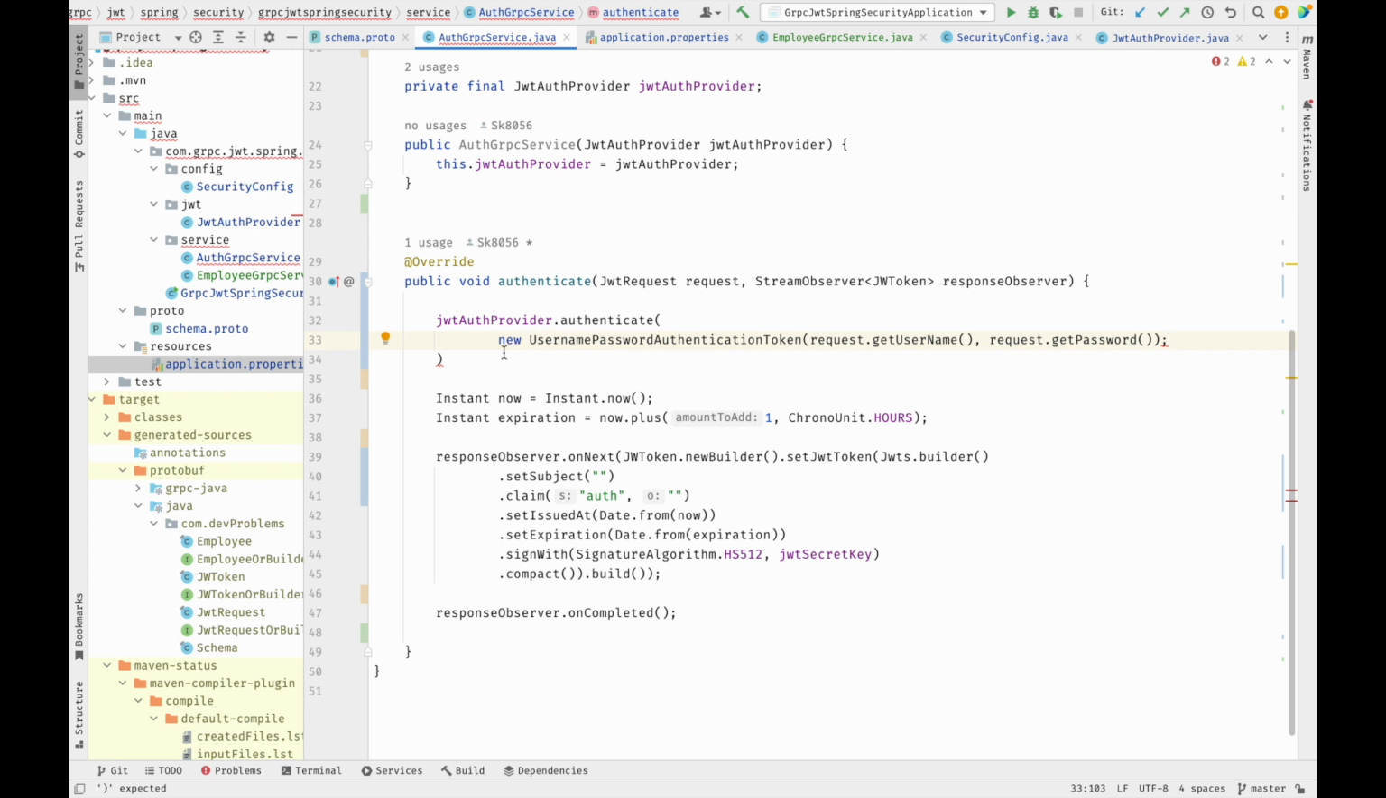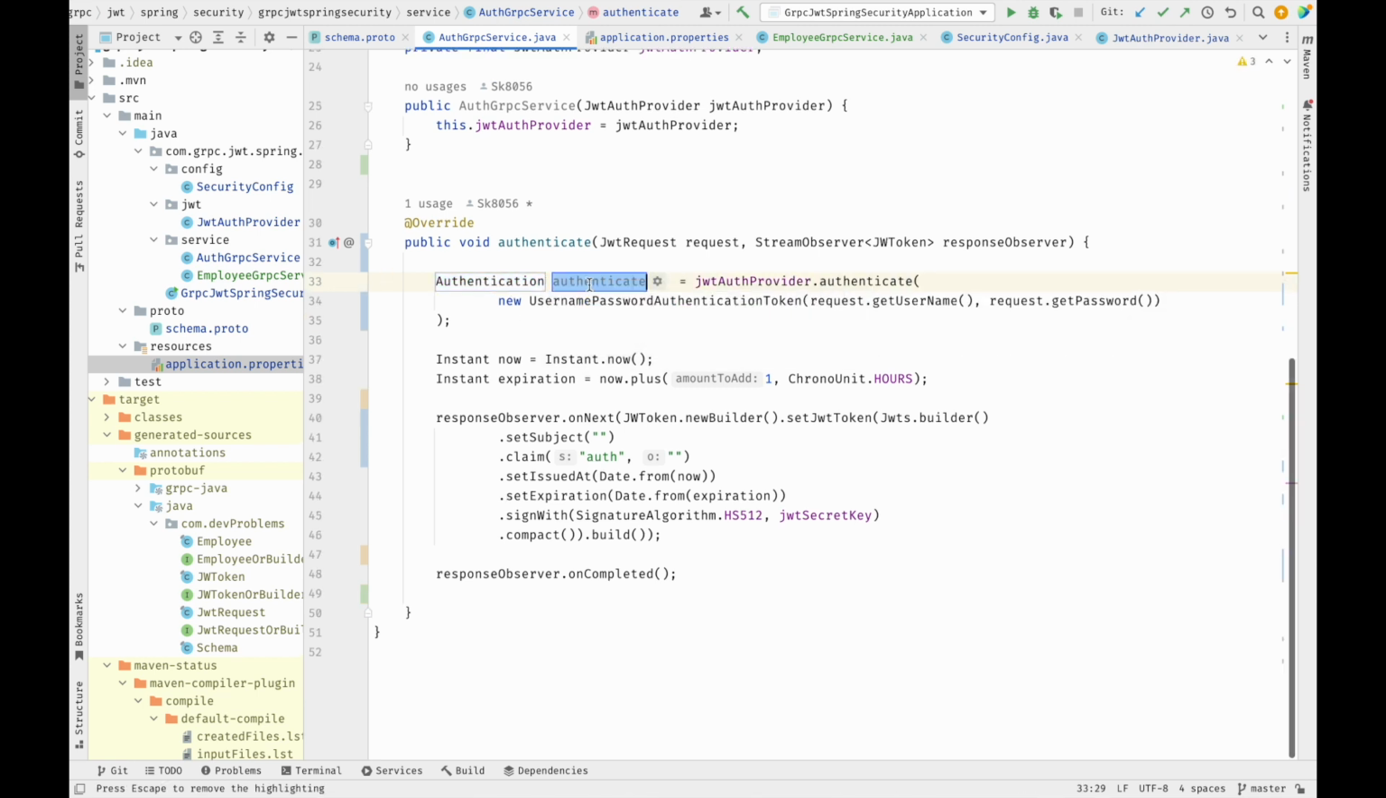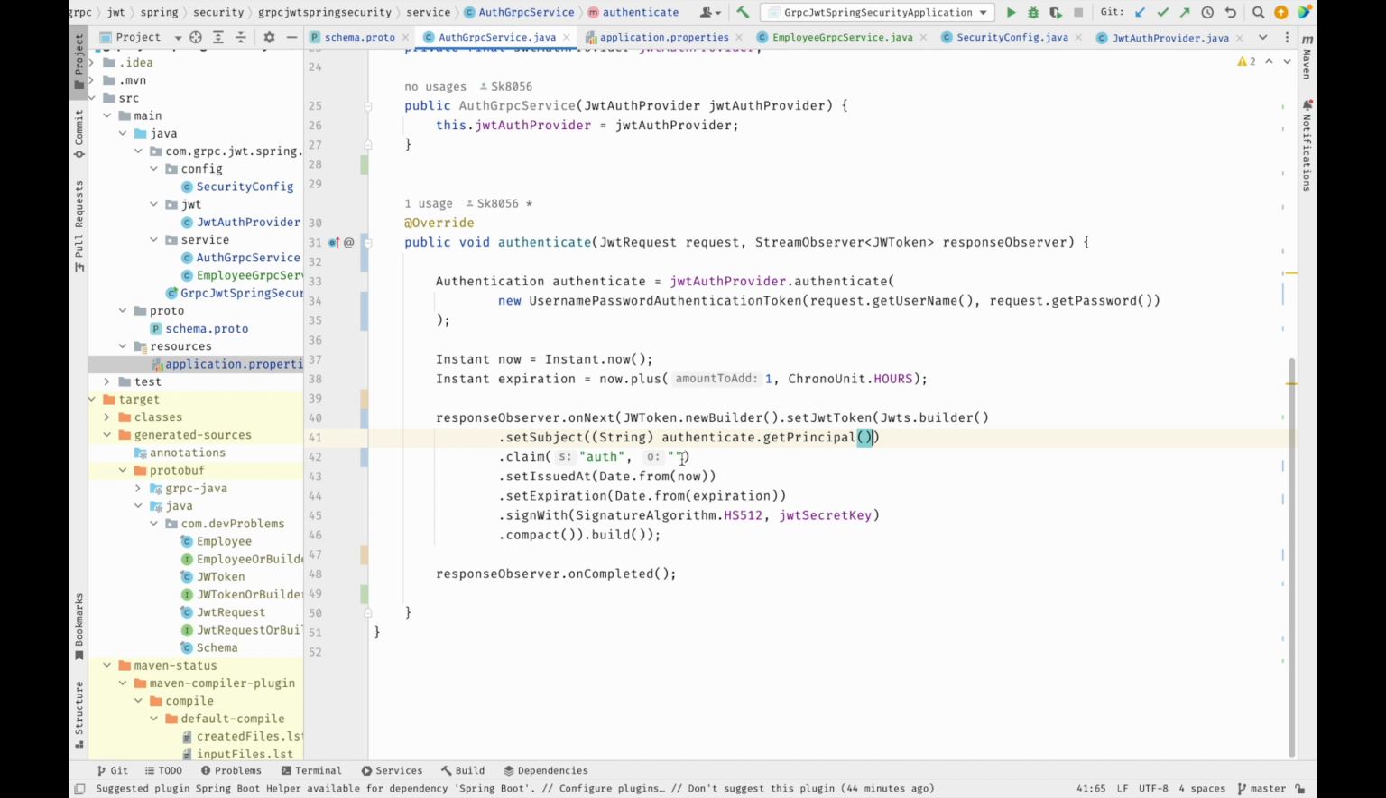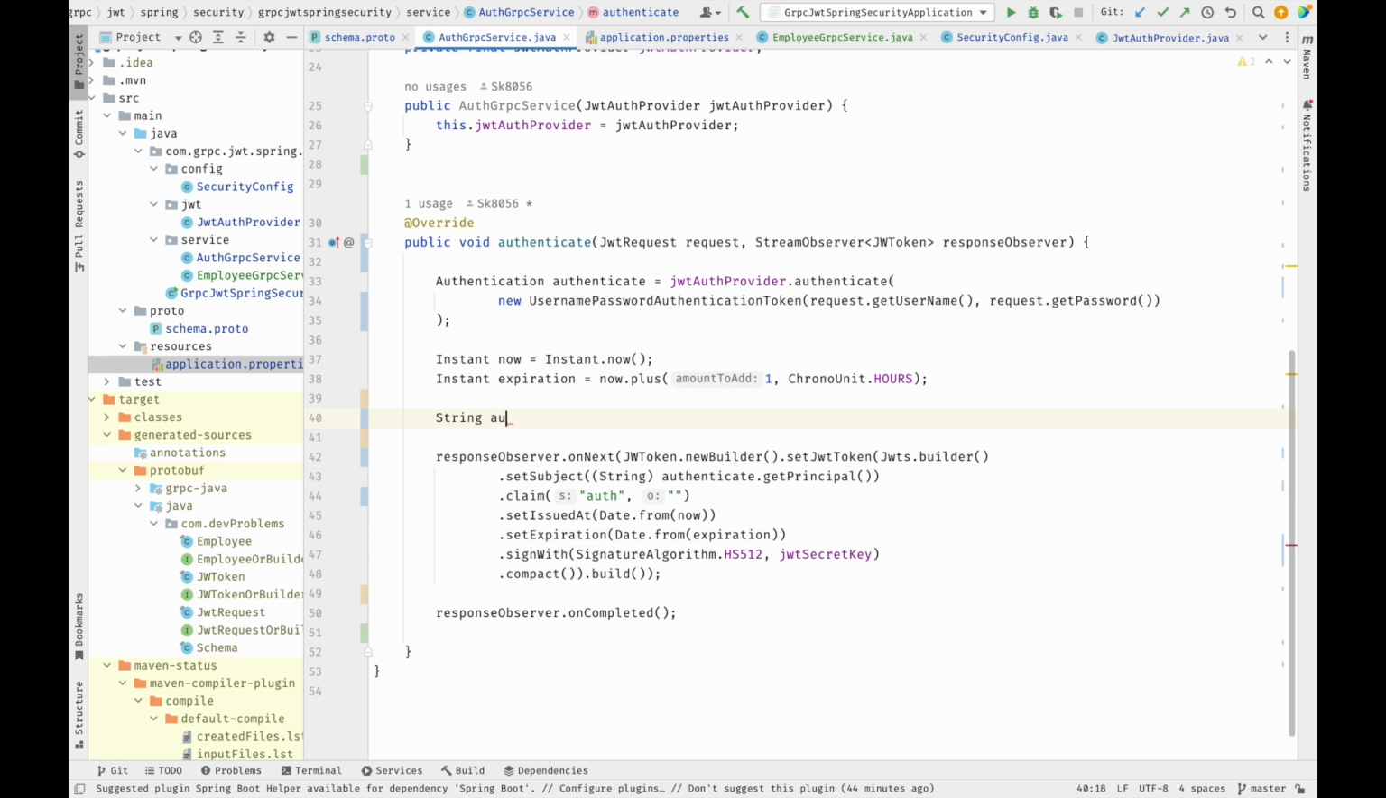Okay, so this would give us one authentication instance, and using this we can pass the username. So string authentication dot get principal, and here we will give the authorities we have to extract from this authentication instance. So what we're going to do is write a logic for this: string authorities